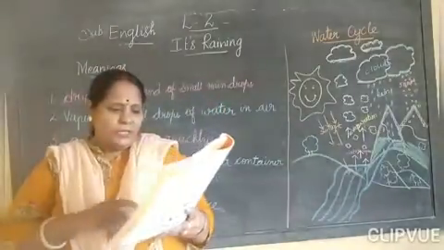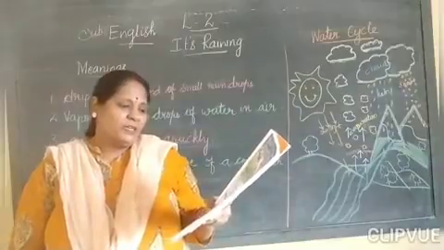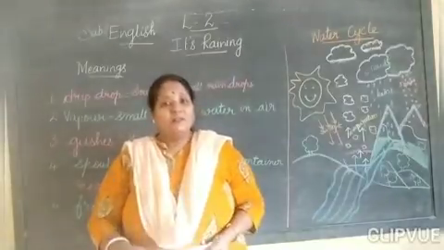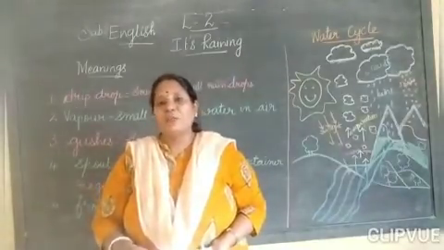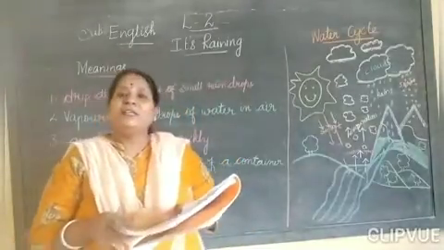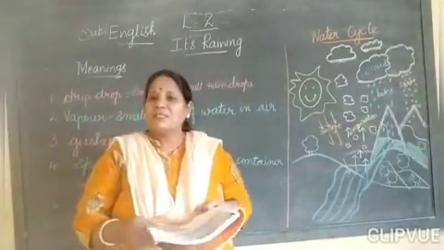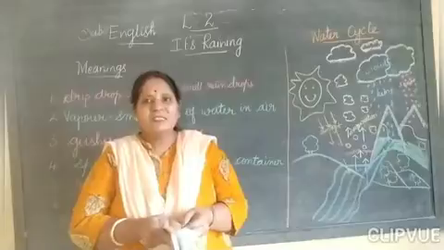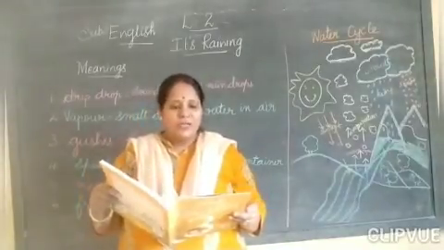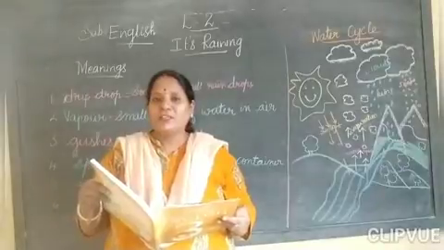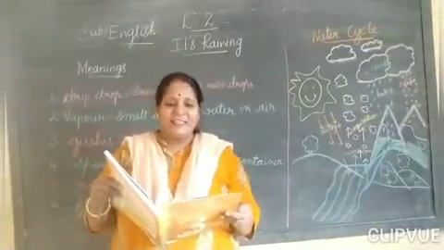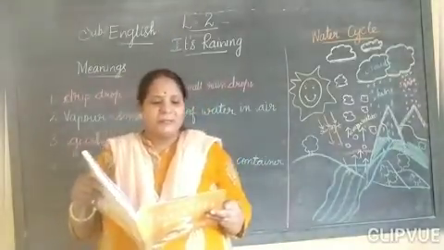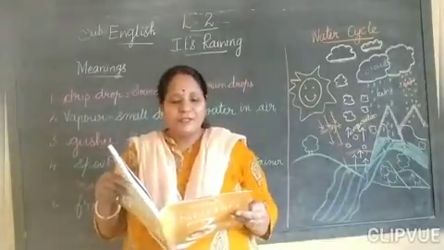Next, children, drip drop falls the rain, it wets the land, it makes puddles on the ground. As I have told you, when it rains, drip drop, the sound will be coming continuously, and it is going to wet the land. And puddles means small holes on the land. When it rains, you can see puddles on the ground. And you know from where the water comes? It comes from the sky. So how does it come? How does the water come from the sky? To know this, we shall go on reading the lesson.